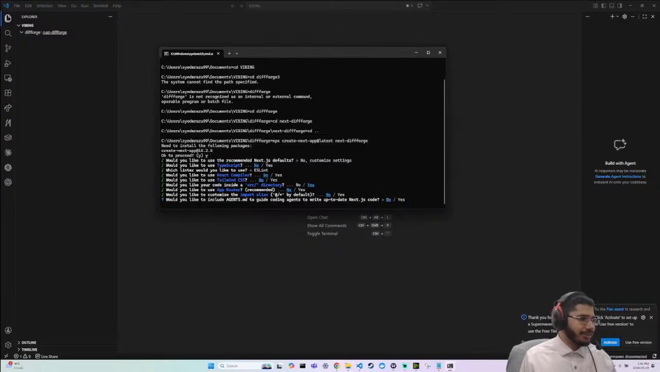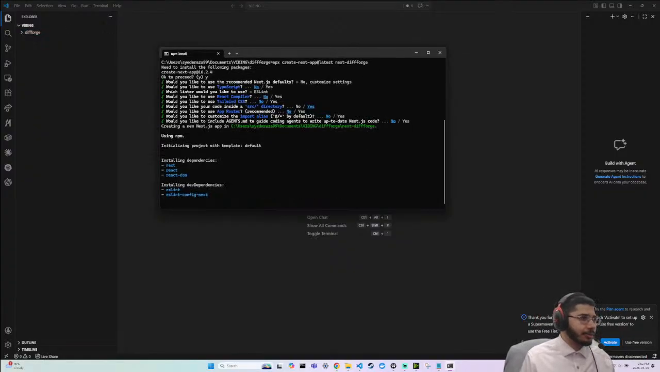AGENTS.md to guide coding agents? Wow, that's new. I didn't see that. I guess they added some things to Next.js, but I'm actually going to say no to this for a special reason that you guys will find out very soon. Not soon, maybe like 10 days from now, but